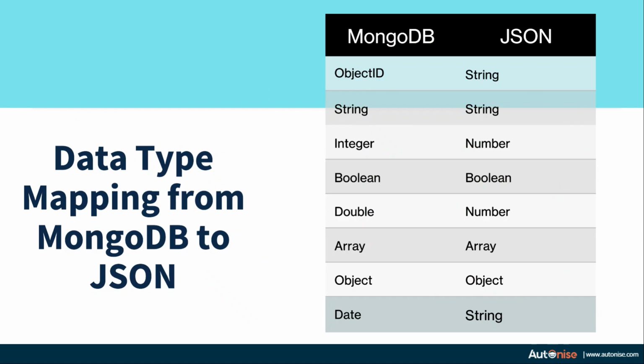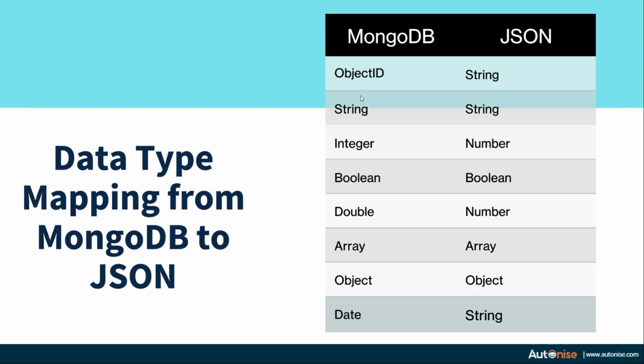The very first difference is that the data types supported in MongoDB are different from JSON. In MongoDB, you have a lot more data types than what you have in a JSON, and I have shown the corresponding mapping by which you can convert your MongoDB data types to the JSON format. In MongoDB, you have the object ID, which is a unique value for each document in your MongoDB database. This object ID can be converted to string, but it loses the data type, which is the object ID.